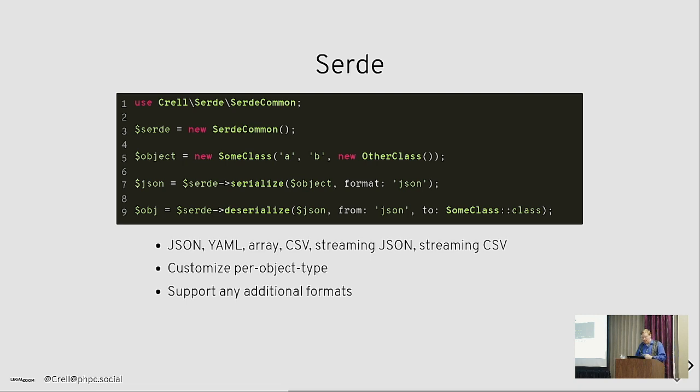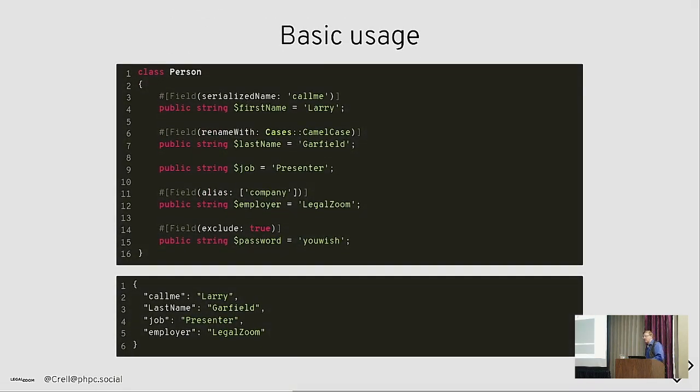It comes with a number of formats out of the box. You can easily add more. I have some in the pipeline that I'm working on. XML is hard, but I want to do that eventually. And if you are defining serialize and unserialize, that will get used. It'll just defer to those. But you don't have to. If you want to have more control over what happens, attributes control everything.